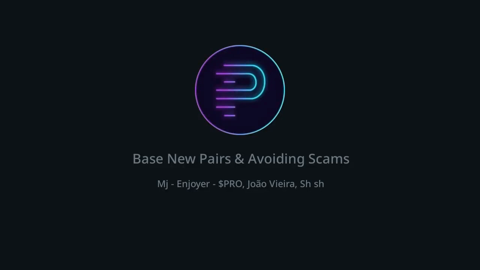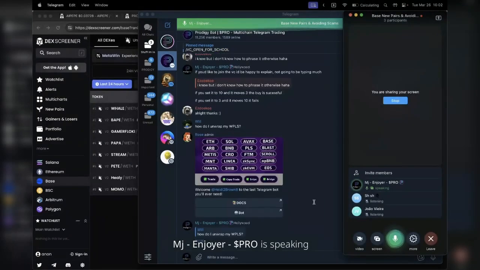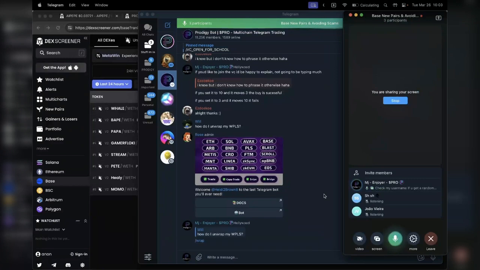All day, I have seen new base traders get absolutely wrecked. So you guys are here to try and learn where you're going wrong or where you can go more right. This isn't complex. This isn't something you can't do. This is honestly just seeing patterns and recognizing them and understanding what is most likely a rug and what is